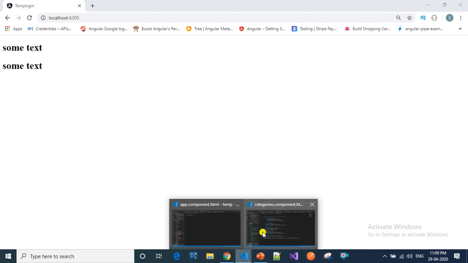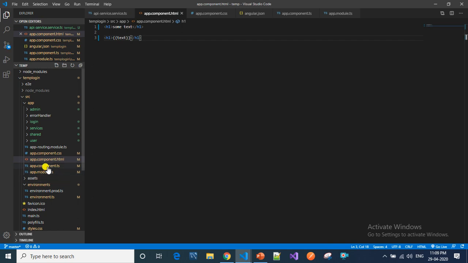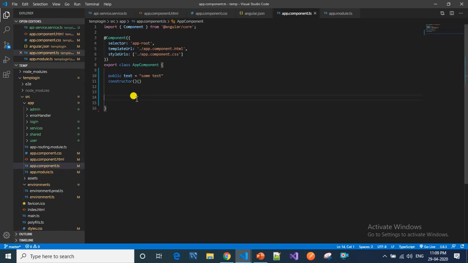So we will see another example by taking an array equal to, so I'm taking an array.